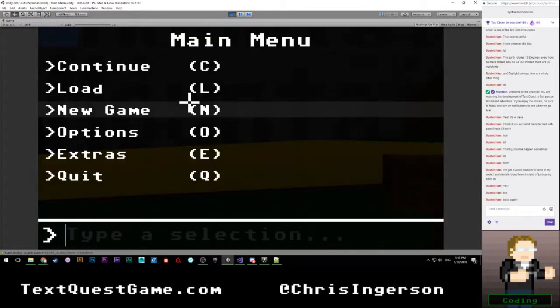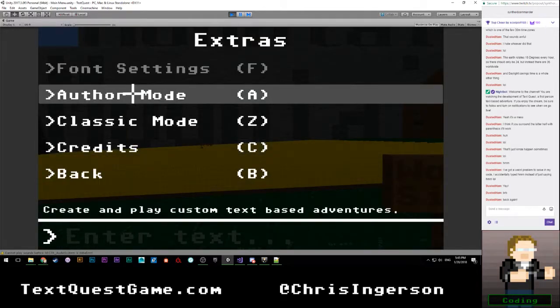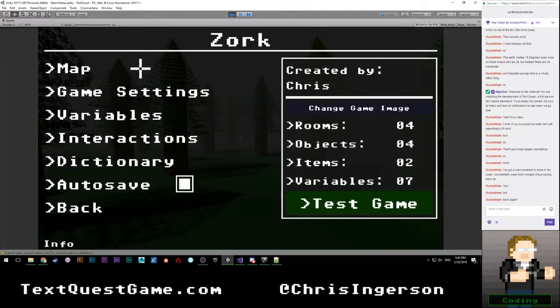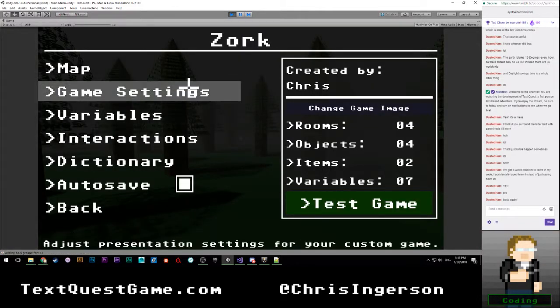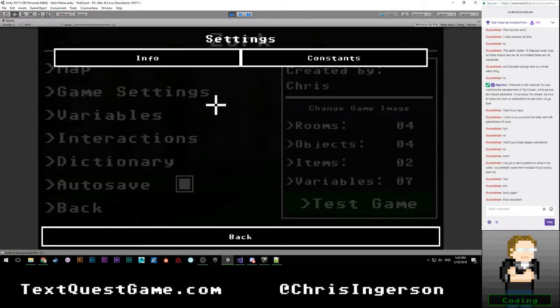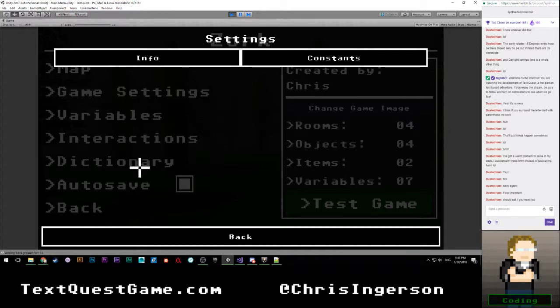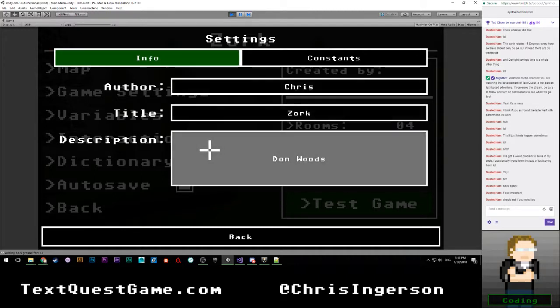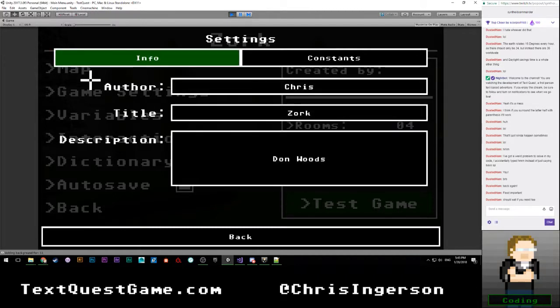Let's go ahead and say start, extras, author mode, create, Zork. All right, let's go over to game settings. So this is, yeah, it's still a little incomprehensible, but again, eventually the idea here is that you won't actually see UI elements. You'll just see the background sprite over everything. And that's so that you can have some semblance of an idea of what your background is at all times. Also, why is info not, it's just not clicking for some reason. That's super weird to me.